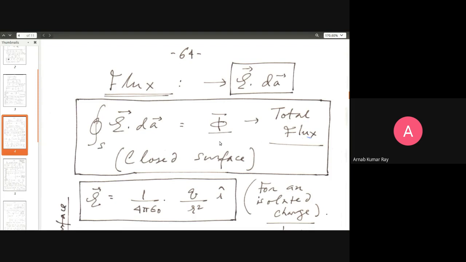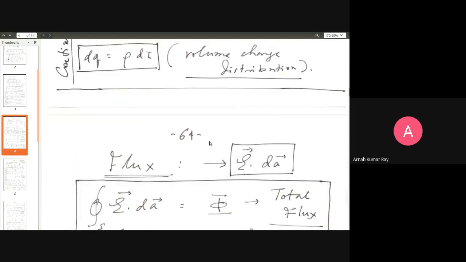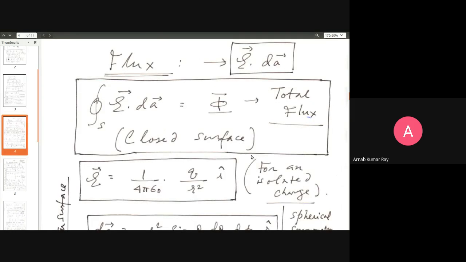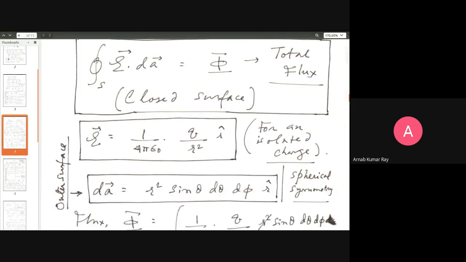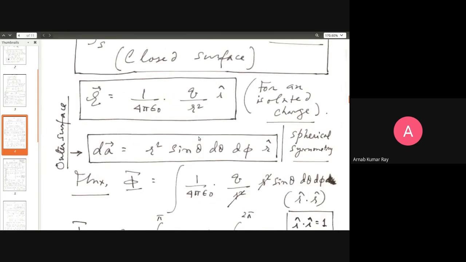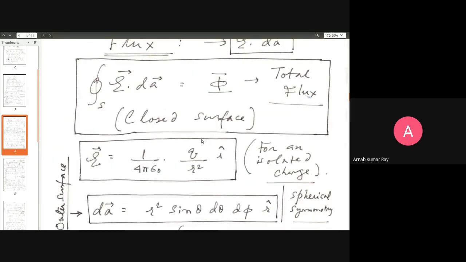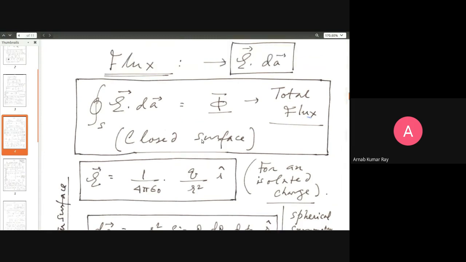I mean, infinity through a small area and infinity through a large area are the same thing. Infinity is infinity, whether small area or large area. This sort of distinction doesn't matter. Anyway, suppose you have a bunch of electric charges, or let's just say one charge, a single isolated charge, and its electric field E is equal to 1 by 4 pi epsilon naught Q by r squared r cap. Now this charge is placed somewhere, let us say at the origin of coordinates. It is enveloped by a surface, let us say a spherical surface, but it doesn't have to be a spherical surface, and I'll tell you why. But for convenience, you think that you have